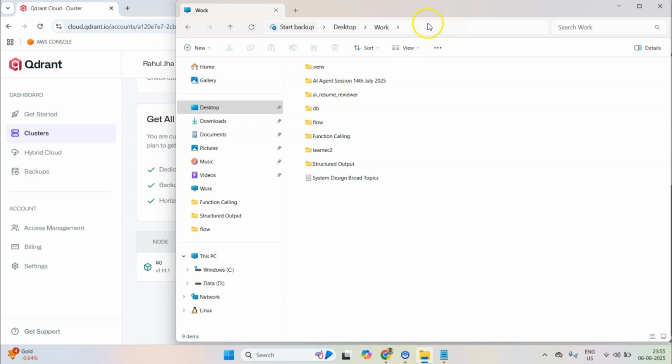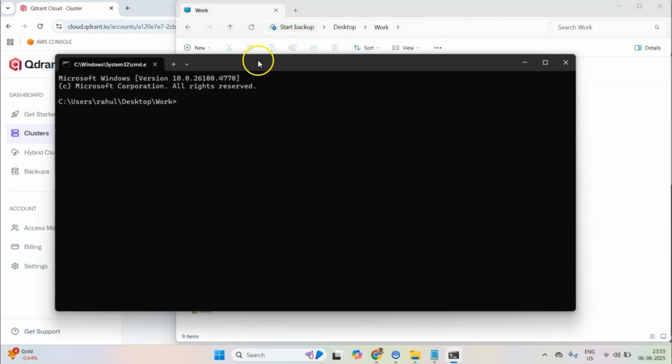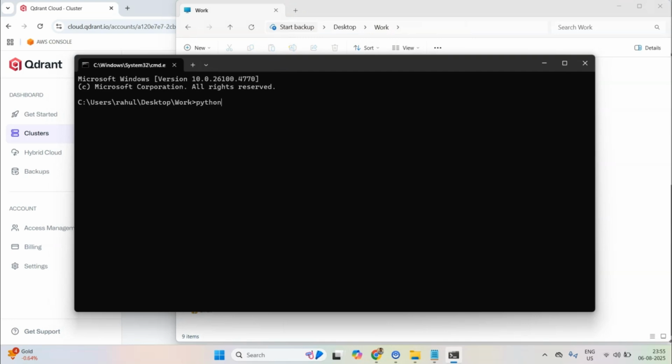So let me open command prompt, and then I'll create a virtual environment. Before I do that, let me create a directory, maybe qdrant demo. So I'll go inside qdrant demo, and then inside this I'll create a virtual environment.